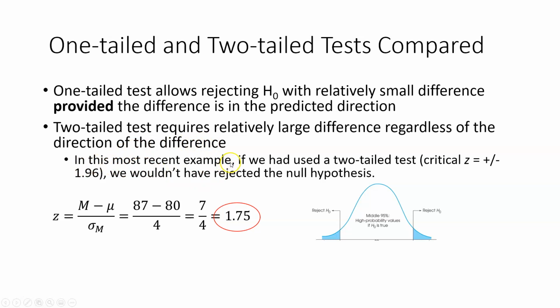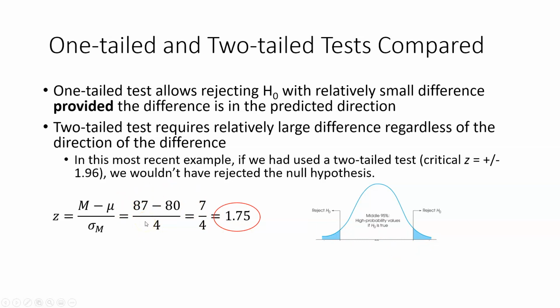In this most recent example, if we had used a two-tailed test like this, with a critical region in both sides, then the critical z would have been plus or minus 1.96 instead of 1.65. And we wouldn't have been able to reject the null hypothesis because the z we computed, in the case of 87 minus 80 over 4, was just 1.75. So that would have fallen somewhere over here, and the critical z value right here is 1.96. So we wouldn't have been able to reject the null hypothesis with this sample mean